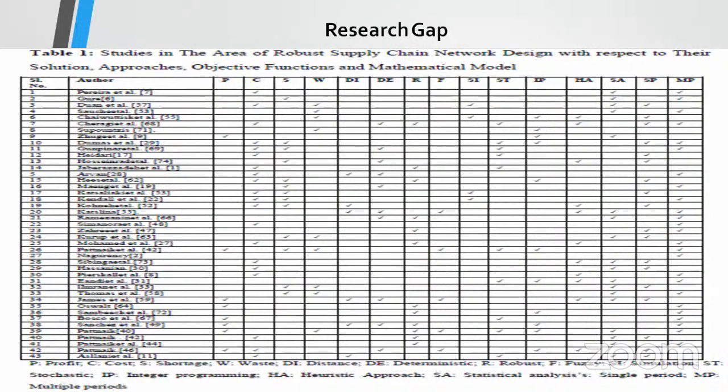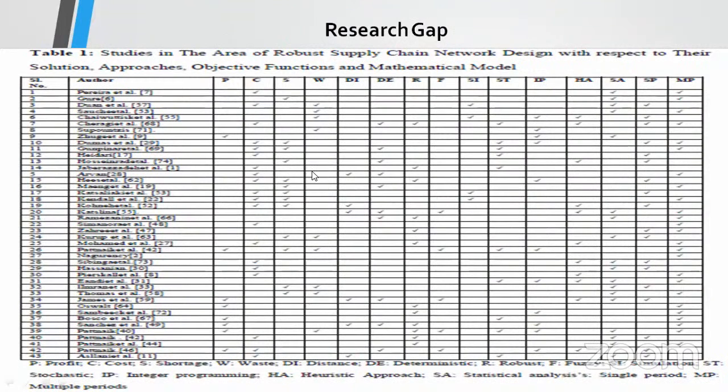Okay, W for waste, DI means distance, D means deterministic, R means robust, F means fuzzy, SI means simulation, ST means stochastic, IP means integer programming. Like this way you have to identify the parameters from different papers, and you have to put the tick mark for which paper covers that particular parameter, which paper uses that particular parameter. You have to put the tick mark